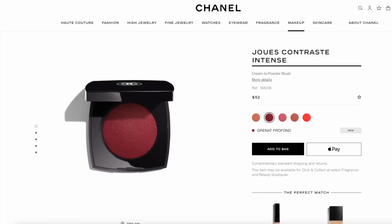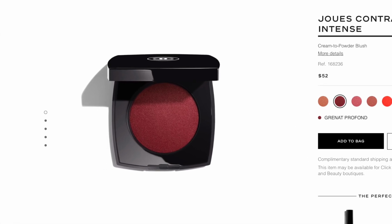The other shade that I've had my eye on, Grenade Profond, which I think is a very deep red tone. I have my eye on it, and I can tell it's going to be a beautiful shade on me. I'm pretty sure. But I'm trying to be good, and I decided to only get one shade